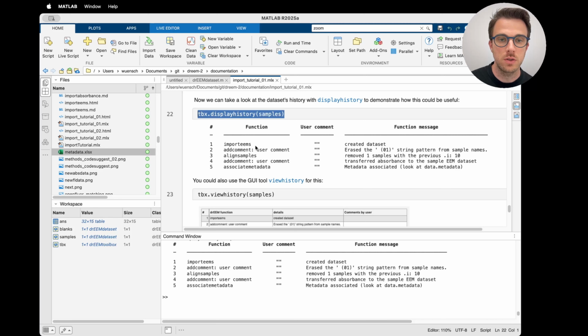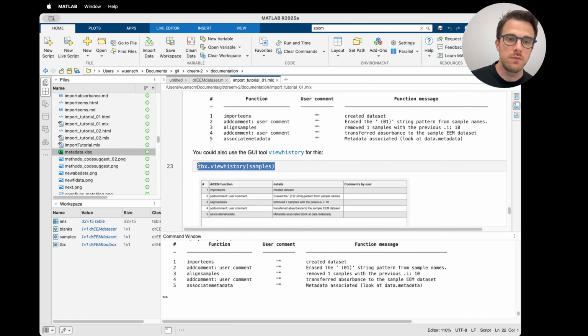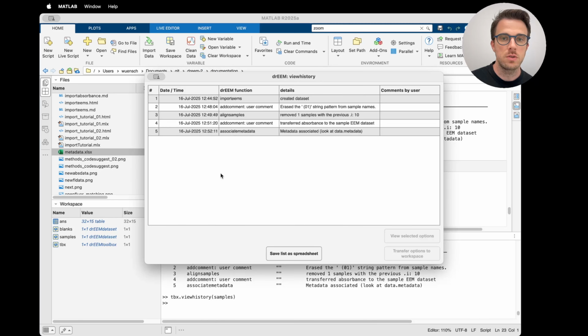This also contains your own user comments about erasing a string pattern or the transfer of the absorbance from the separate absorbance dataset into the sample dataset. You can also get this as a visual output in a graphical user interface called View History,